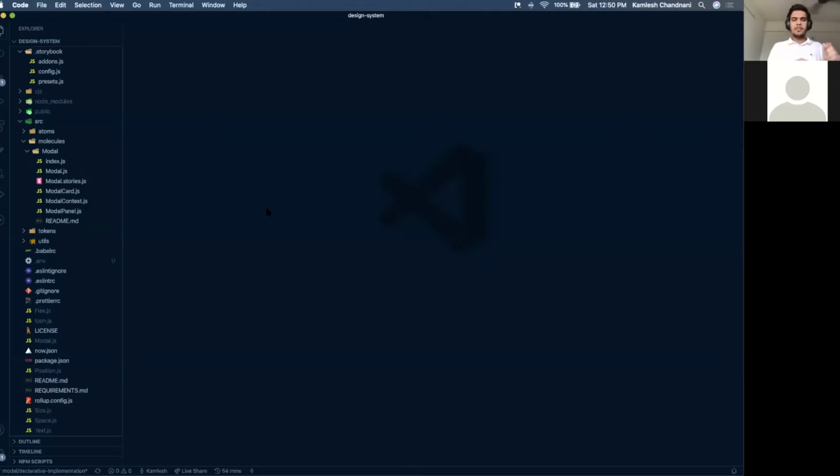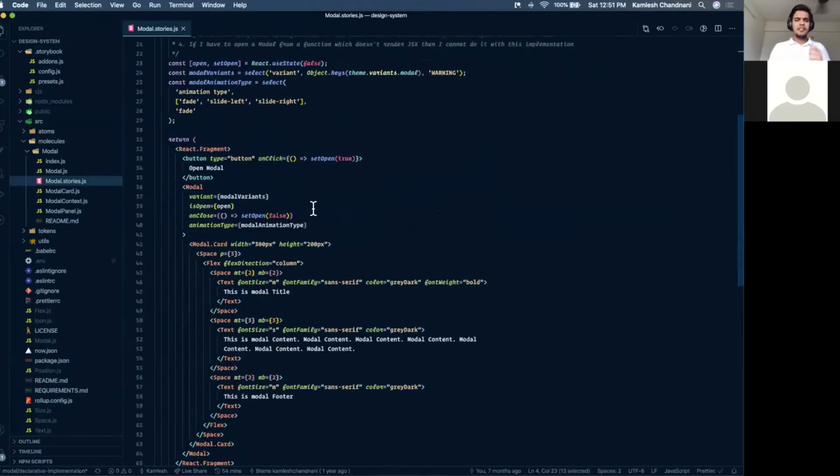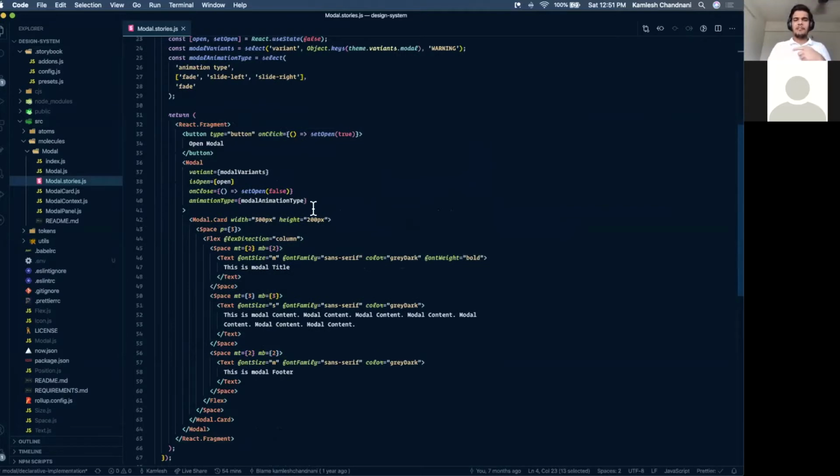Before I jump into the actual implementation, think about how your consumers will be using these components, and once you decide that, then all the abstractions or all the details are completely abstracted out in your implementation, and that should not cause harm on your developers' or your consumers' side. So to begin with, I'll start with the stories part of it. I have two approaches to solve this problem, and then I'll also talk about the limitations of one approach, and how we can move to the next level.